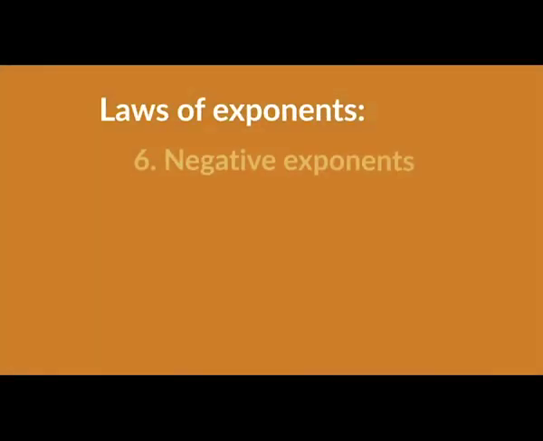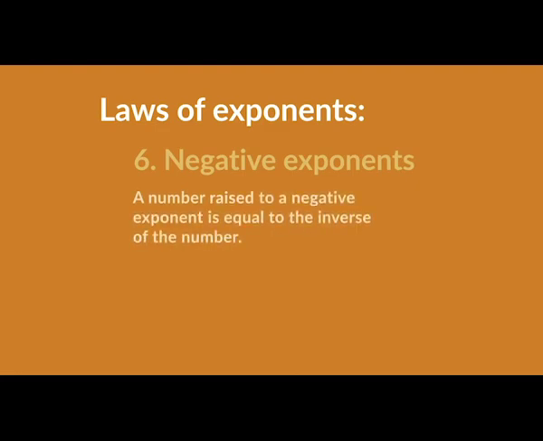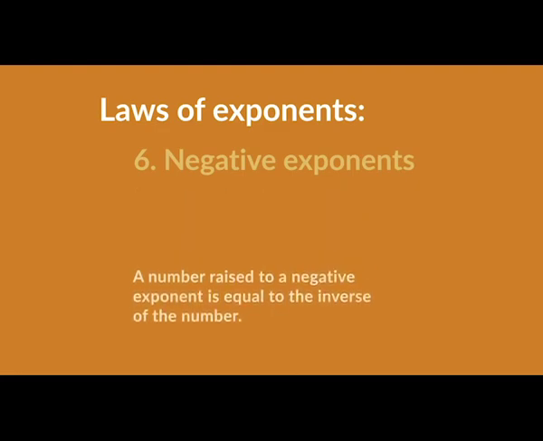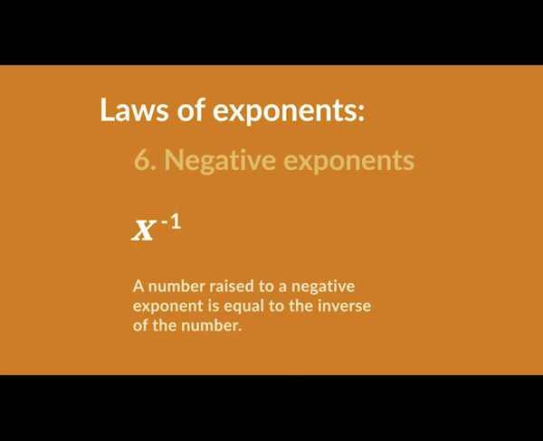The negative exponent law states that a number raised to a negative exponent is equal to the inverse of the number. So, for example, x raised to the power of negative 1 is equal to 1 divided by x. To understand how negative exponents work, have a look at the pattern in this sequence of exponents formed by powers of 5. 5 to the power of 3 equals 125, 5 squared equals 25,